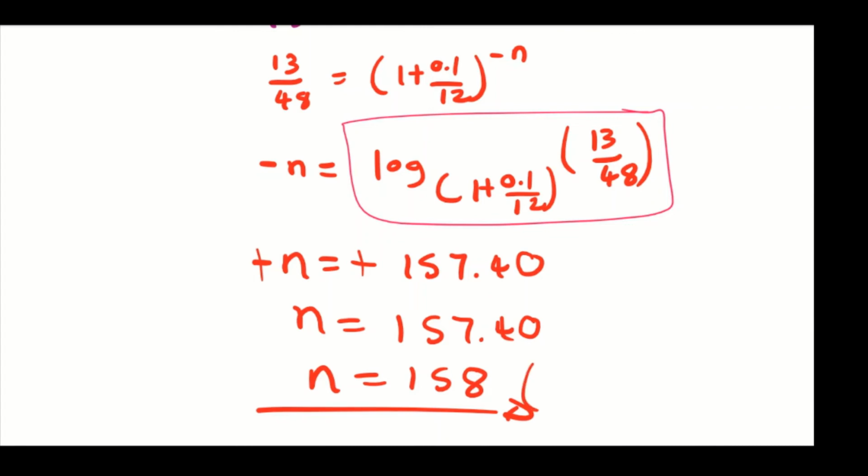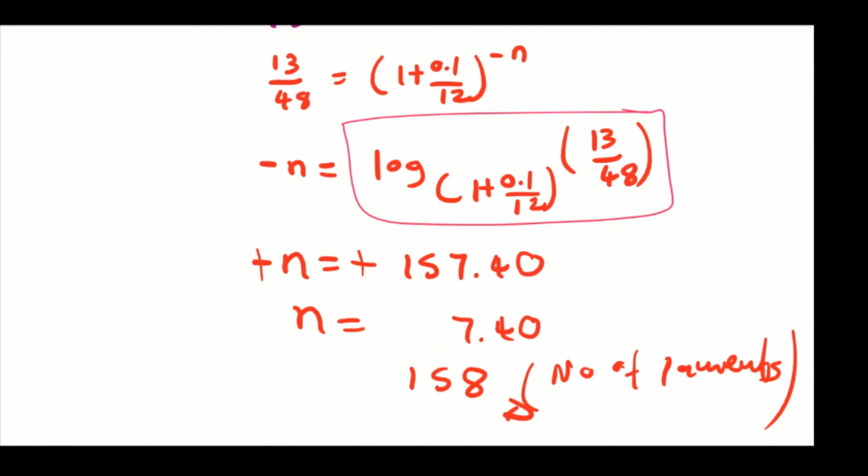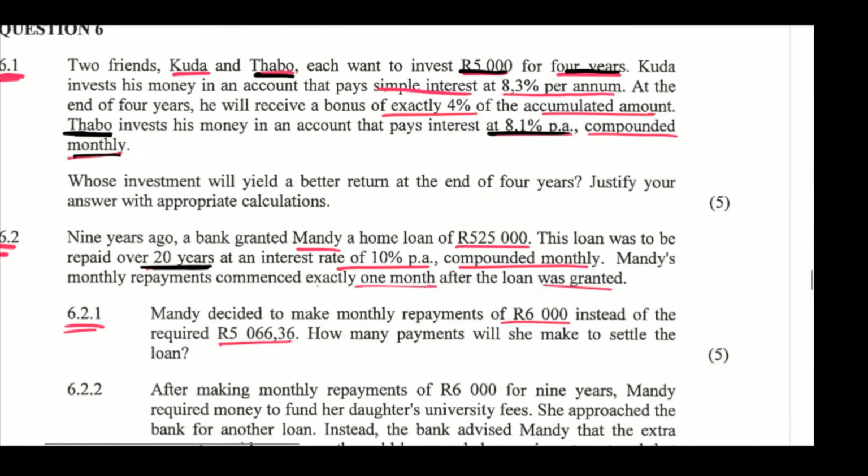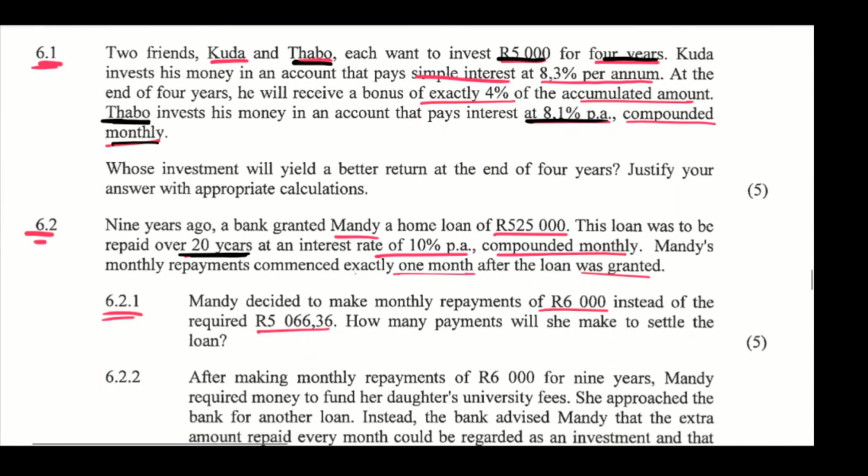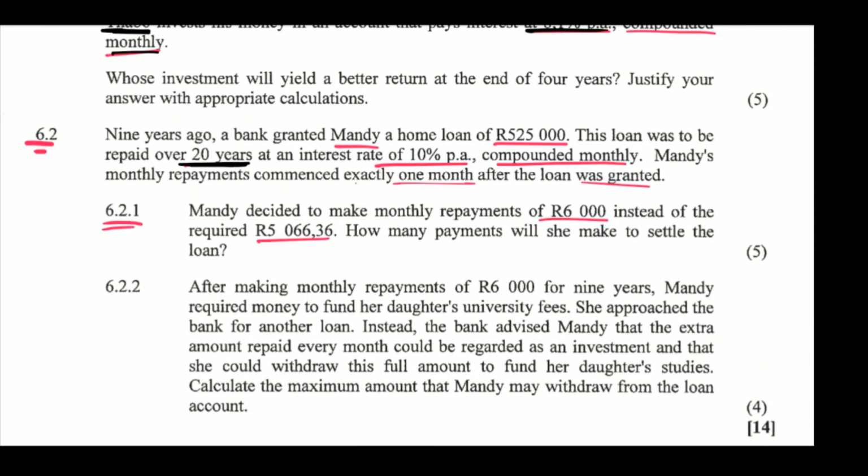So these are the number of payments that Mandy is going to make for the loan. Right, so we are done for this question. We are done with 6.2.1. Now we go to